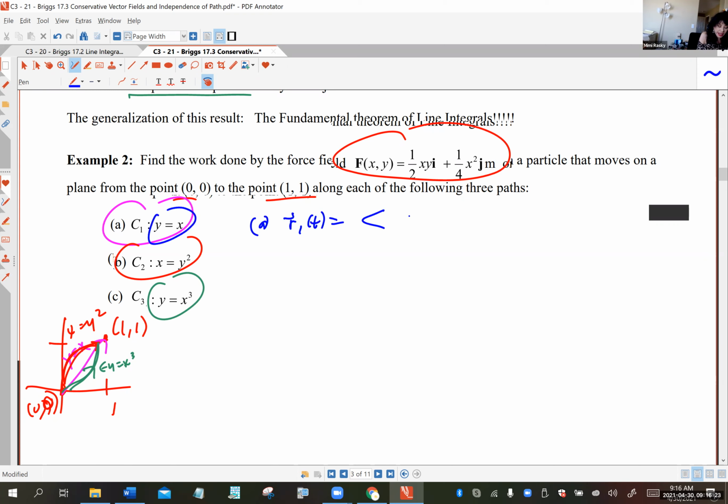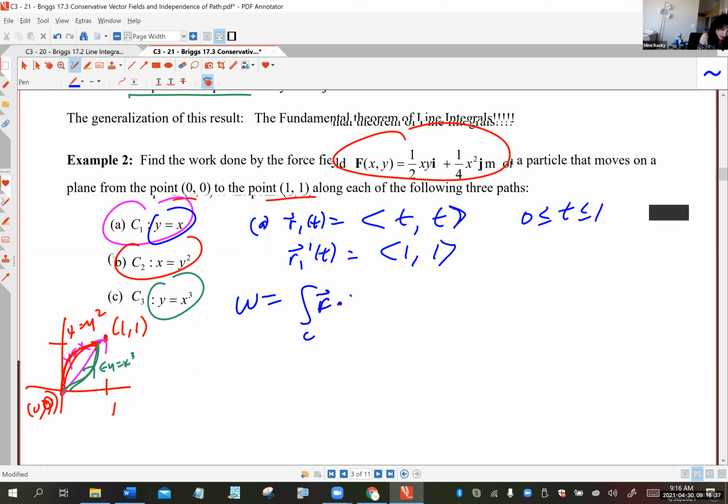Since y is equal to x, let x be t, and y is equal to x. So there you go, t. And then have time go from 0 to 1 seconds. Your R1 prime is going to be 1, 1. So your work is f dotted with dr, which for us is going to be the regular integral going from